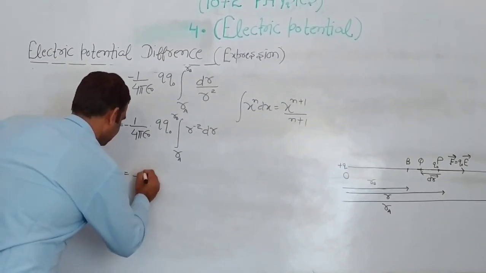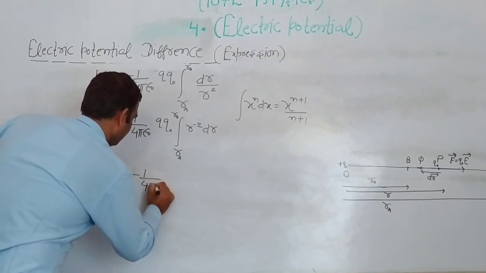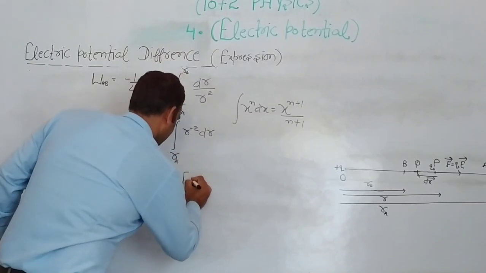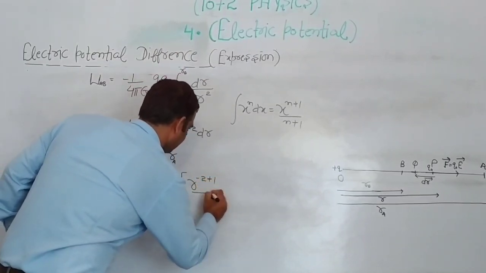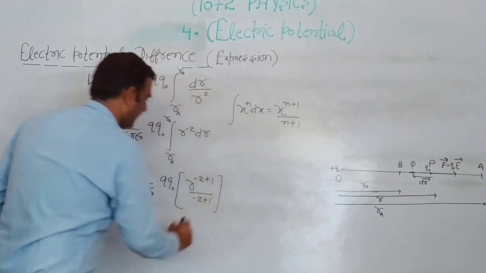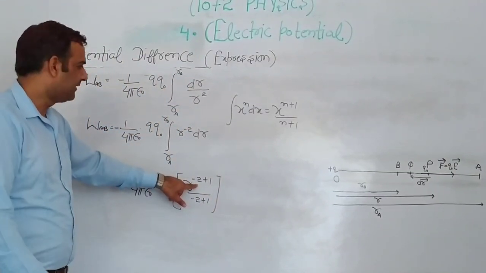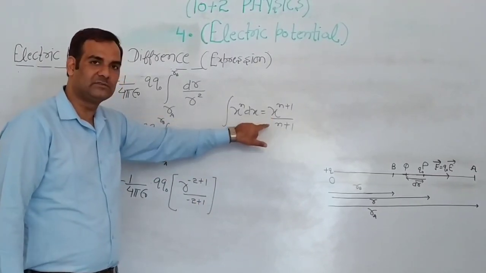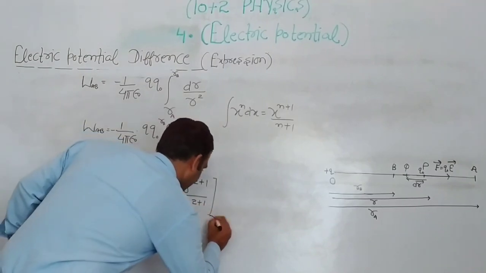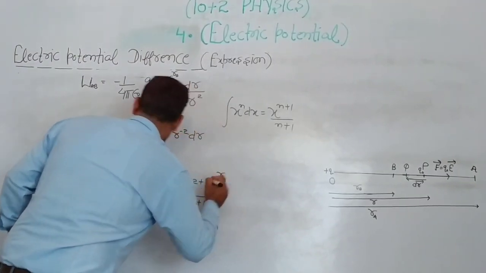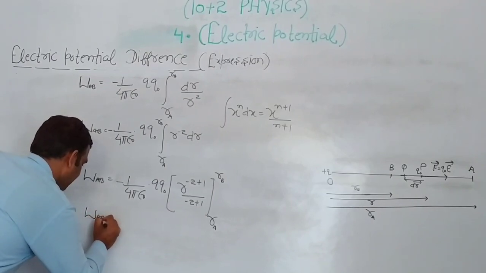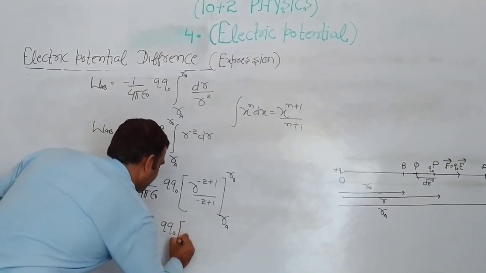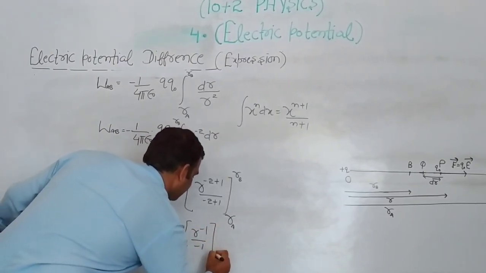W_AB equals minus 1 upon 4 pi epsilon naught Q Q naught, using the formula with n plus 1. Here minus 2 is the power n, so minus 2 plus 1, by making use of this formula, with limits r_A to r_B. W_AB equals minus 1 by 4 pi epsilon naught Q Q naught, r to the power minus 1 over minus 1, from r_A